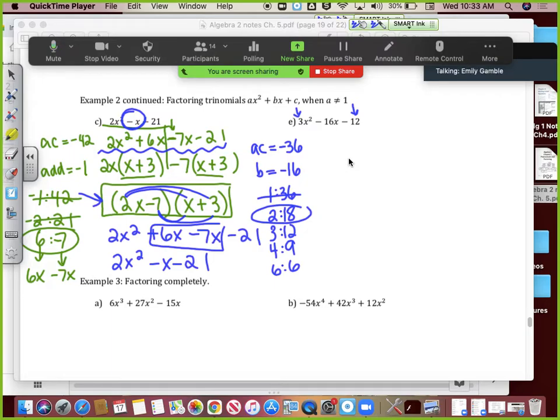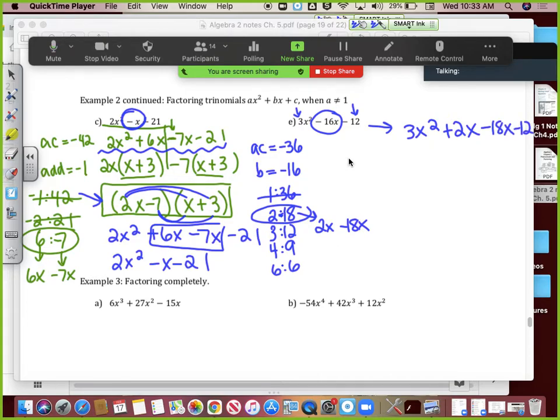I need to get a negative 16 through addition from adding 2 plus 18 with one of them being negative. So it's either going to be negative 2 or negative 18. Because I need it to be a negative 16 and not a positive 16, I know that the 18 would be my negative number. So what that means is I need a positive 2x and a negative 18x. And I'm going to take the middle term here, this negative 16x, and rewrite it as 2x minus 18x. So this is going to turn into 3x squared, in any order, plus 2x minus 18x,